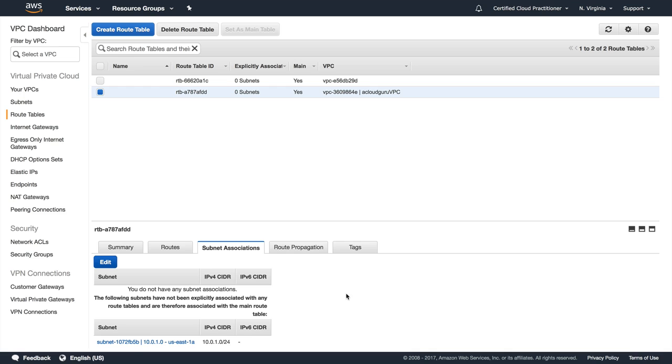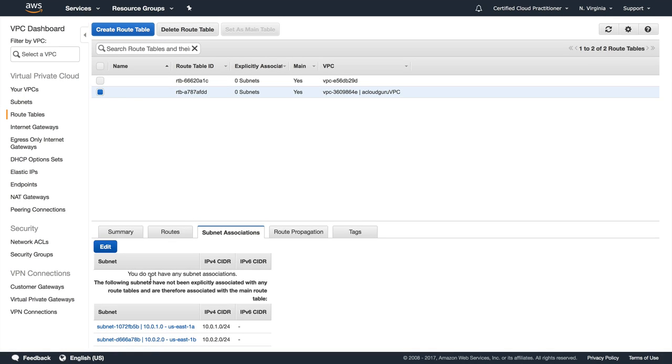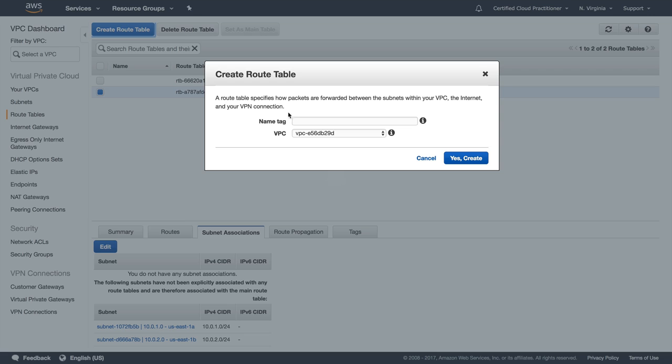In here, we've got our subnet associations. If you read here, it says you do not have any subnet associations. The following subnets have not been explicitly associated with any route tables and are therefore associated with the main route table. So this is our main route table. Every time we create a new subnet, it's going to be associated by default to our main route table. For that very reason, we probably don't want our main route table to have a way out into the internet, because then every time we provision a subnet, it's going to be internet accessible. So what we really want to do is go ahead and create a new route table,